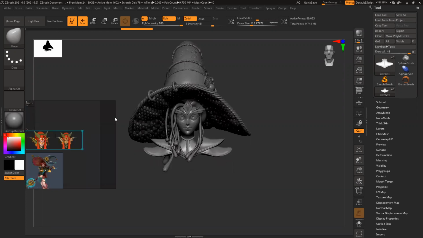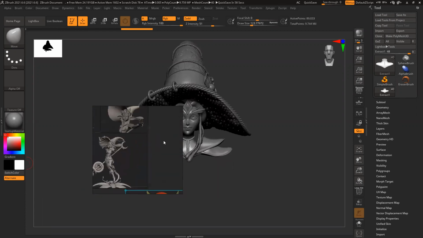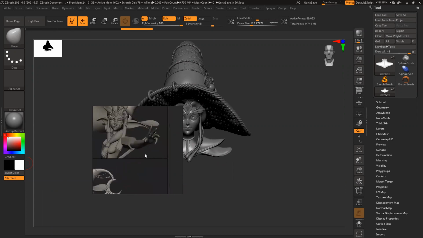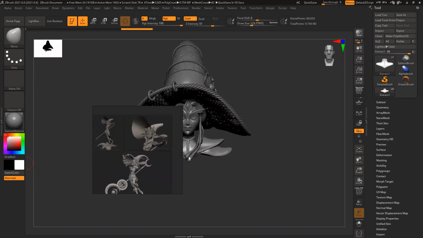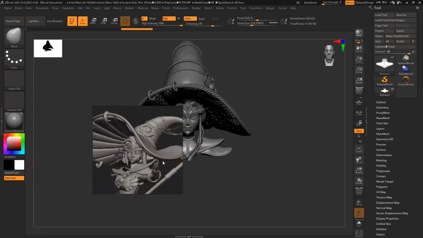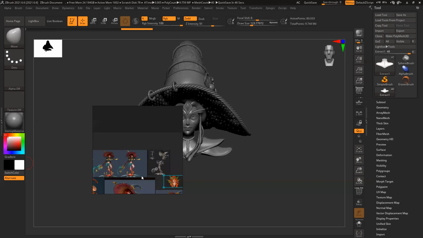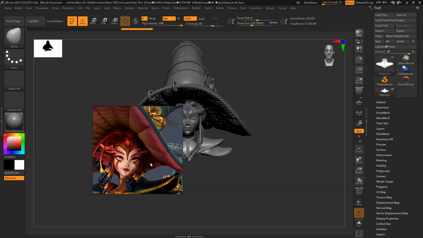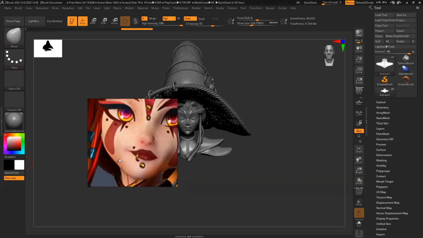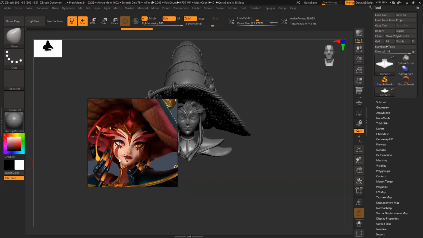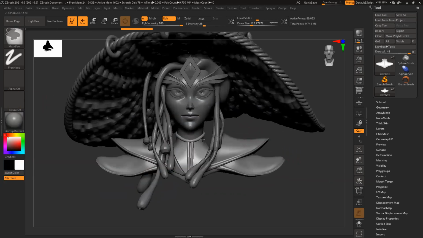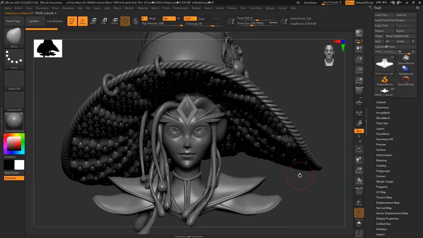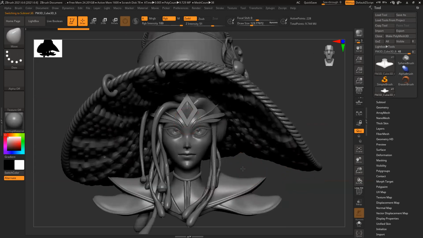So I was just double checking everything with the reference, like what I can modify. But you can see there are a lot of differences between the main design and the final design. So one more plate here that I missed. Control T.